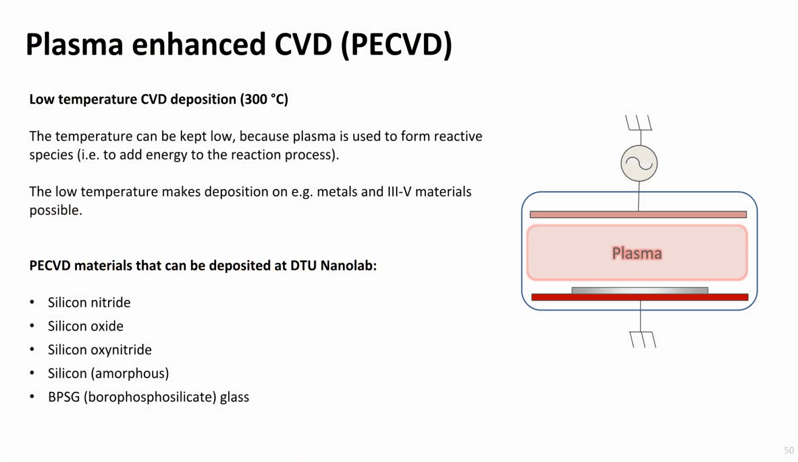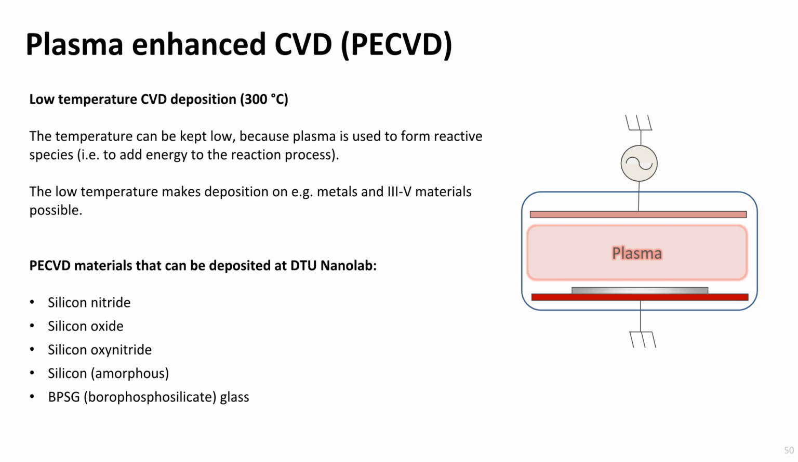Plasma-enhanced chemical vapor deposition uses plasma to add energy to the reaction that is required to form the reactive species. The temperature can therefore be kept considerably lower than for LPCVD. That enables deposition on temperature-sensitive samples, such as metals or III-V materials. Apart from that, the same materials can be deposited using PECVD like using LPCVD, though the molecular composition of the